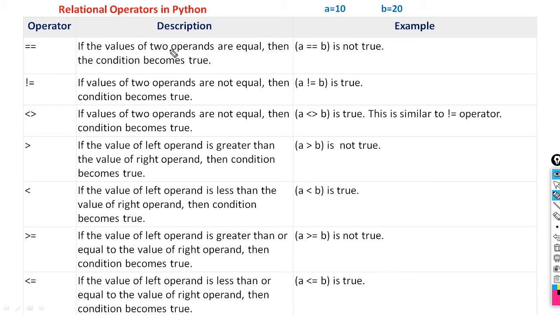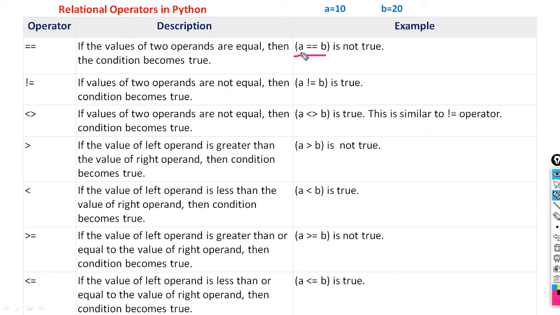If the values of two operands are equal, then the condition becomes true. We have a is equal to 10, b is equal to 20, and when we write a conditional statement, if a is equal to b, we can compare these two values by using this comparison operator. Is it true or false?